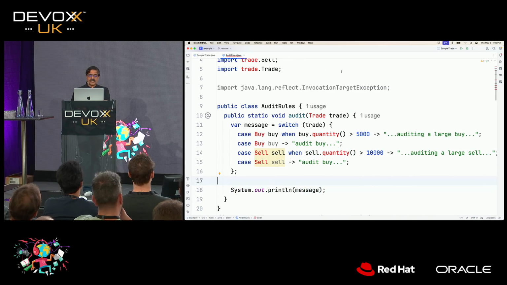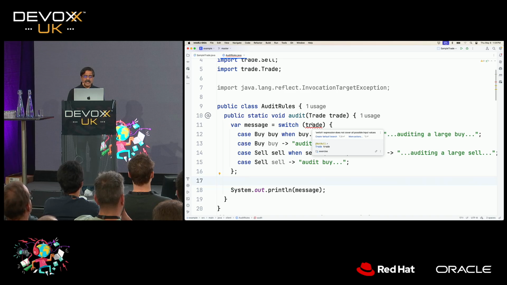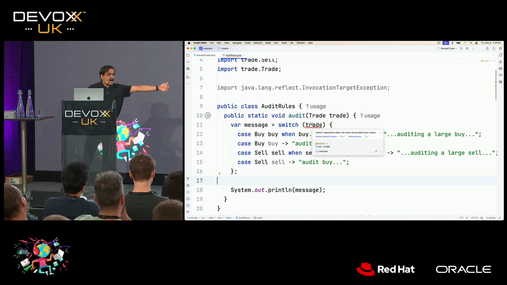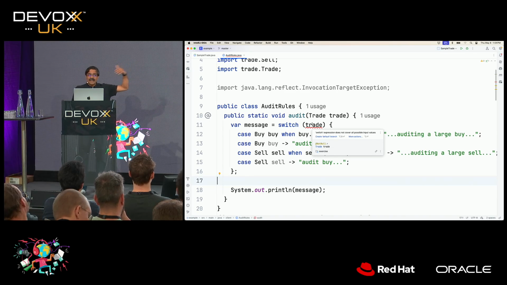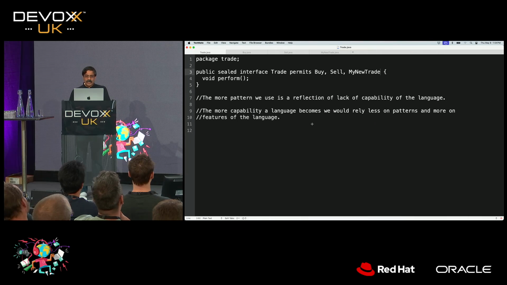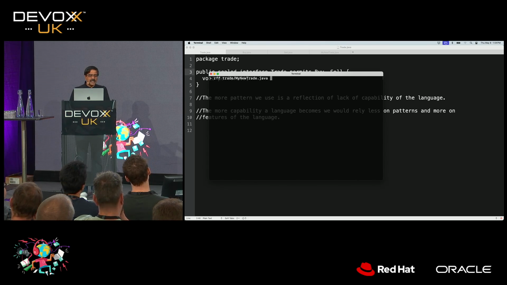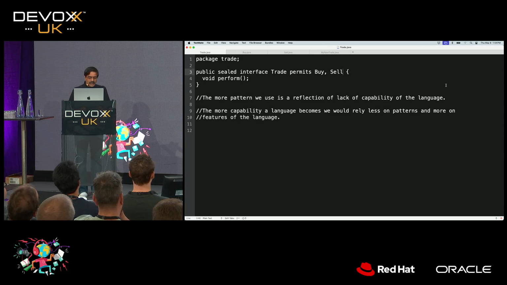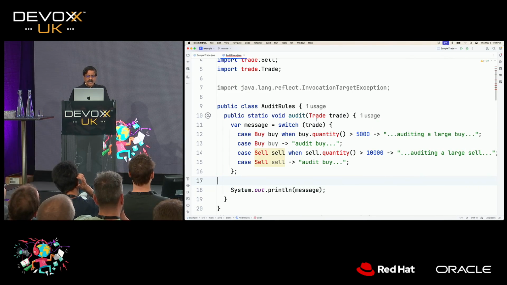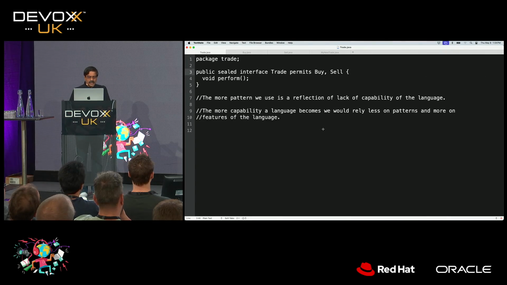Well, the good news is the compiler immediately gives you an error. It says switch expression does not cover all possible input. And so clearly you get a compilation error if a new type were added in your code. So that's a benefit you get out of this as well. I'm going to get rid of that new class we wrote. It makes the point. So basically in this case, we can go back and look at the code, and we get a compilation error if it were not supporting it, as you can see in this particular case.